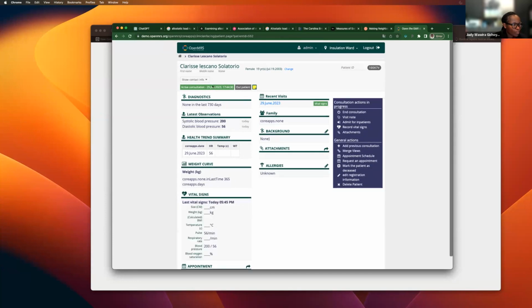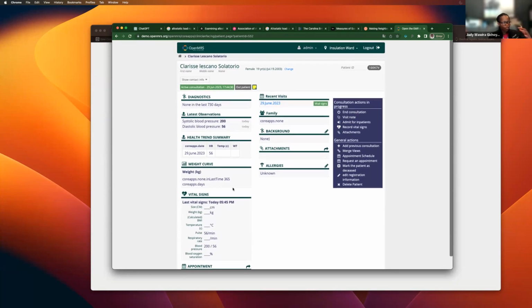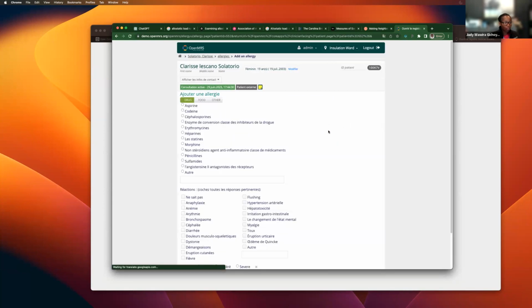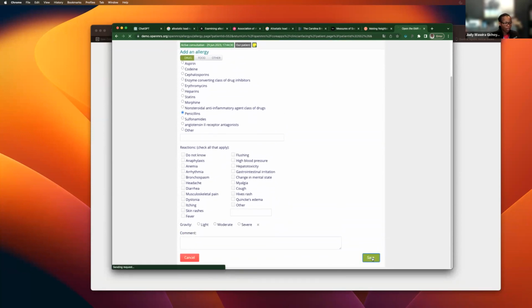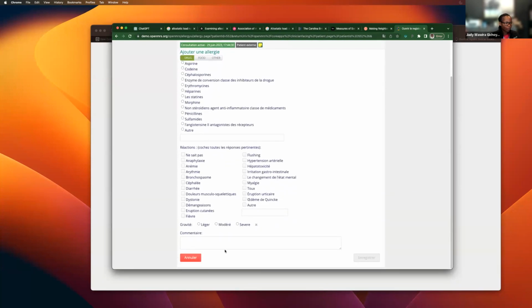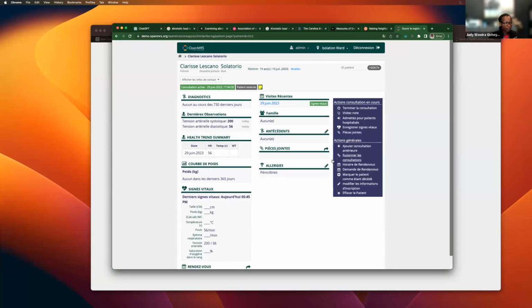So when you go back to their health care, you can see their rate and their vital signs. Most people will organize this in terms of a visit or encounters, and that's what will happen. And you can see that I can add allergies, and all these things are being driven by terminologies that are underlying to the patient. And when I put in an allergy, then if I come in to look at the patient and order,